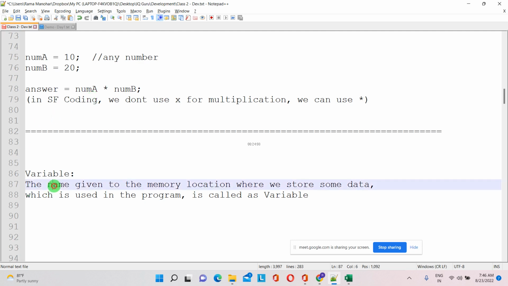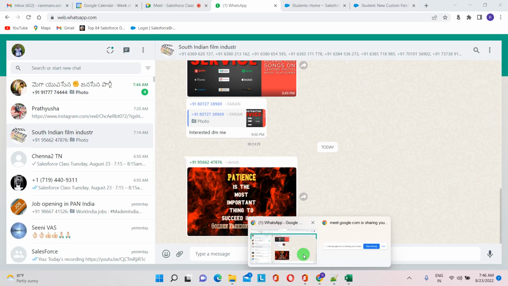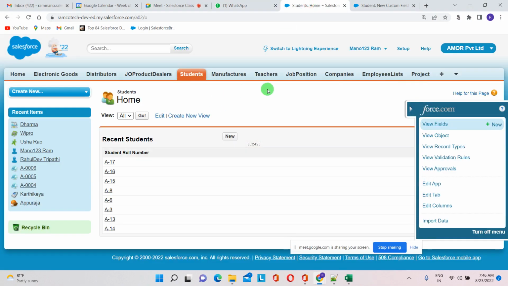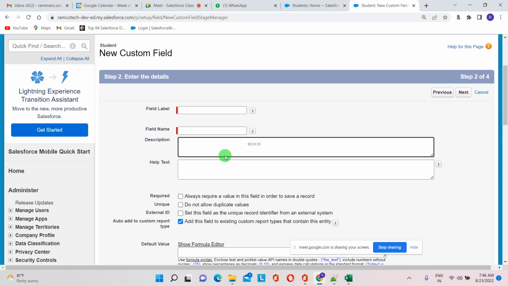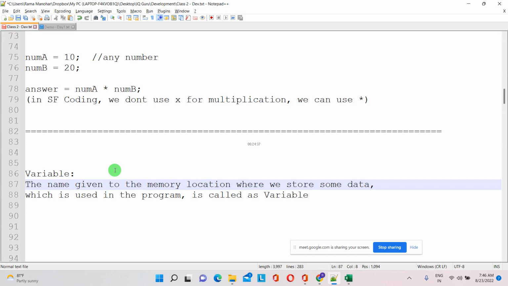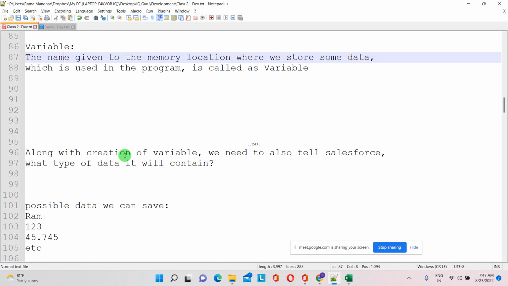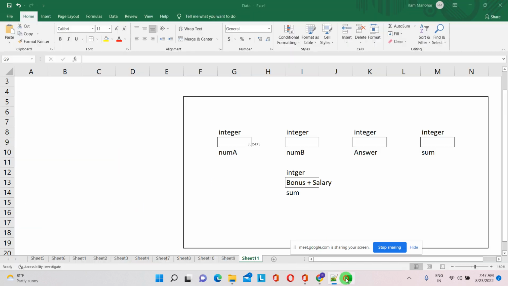So now we can see what is the meaning of variable. Here variable definition is the name given to the memory location where we store some data. Same way, where we are going to store the data, in the data type itself we are going to store, right? Which kind of data we are going to store, that will be called as integer or double or string, etc., which is used in the program is called as variable. Along with the creation of variable, we need to also tell Salesforce what type of data type it will be contained. Same way, see here,